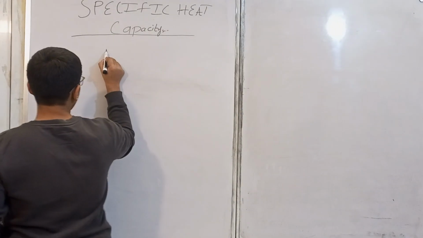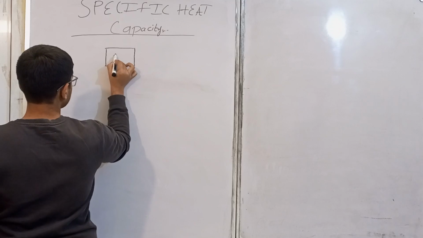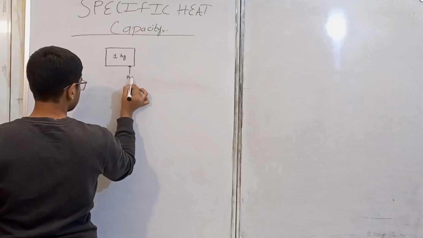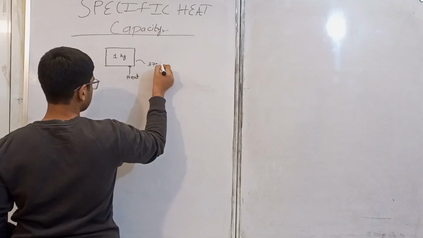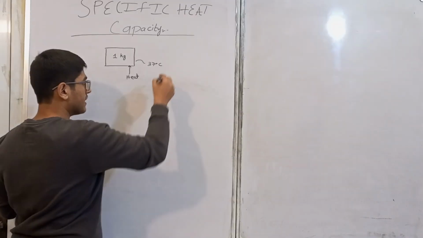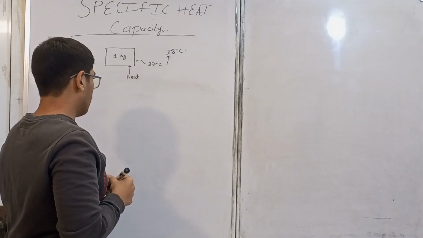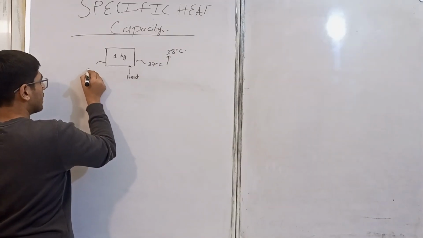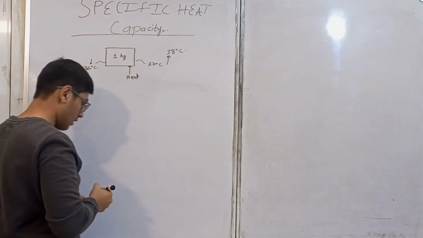Let's assume I have a wooden box whose mass is 1 kg, and I provide it with some heat. Initially, it is at the temperature 37 degrees Celsius, but when I continue heating, its temperature rises from 37 degrees Celsius to 38 degrees Celsius. Or reverse the scenario. If I keep it in a refrigerator, its temperature will fall from 37 degrees Celsius to, let's say, 36 degrees Celsius after some time.